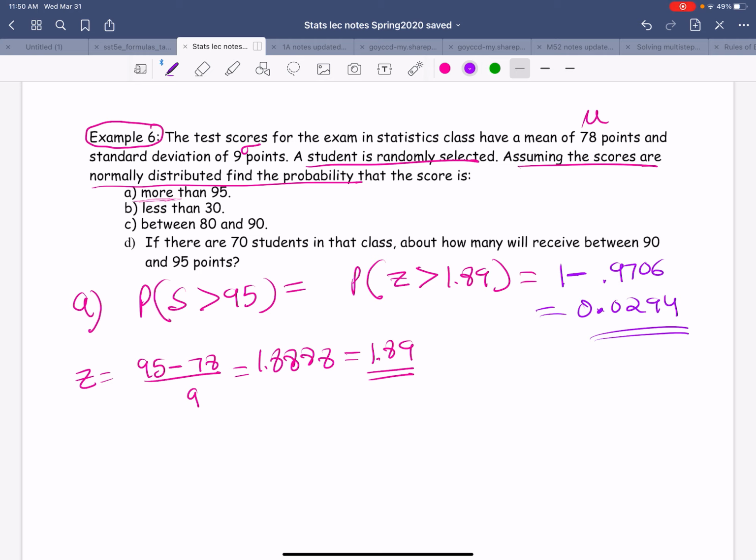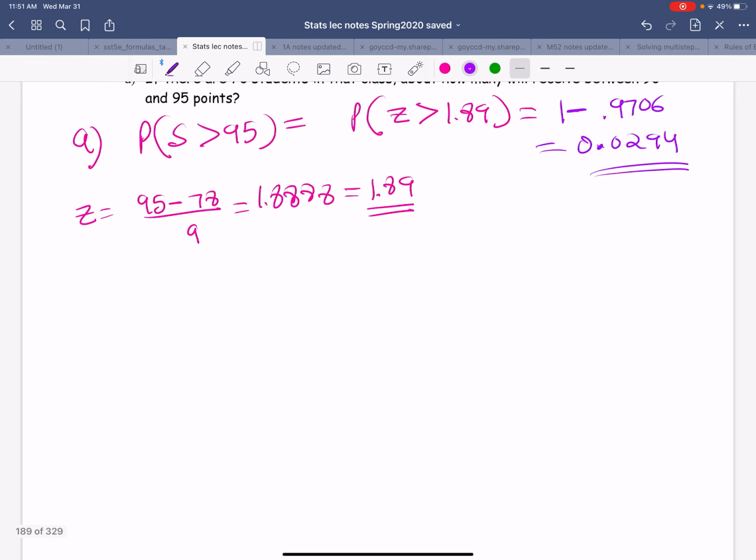Always interpret your solution, write it in a complete sentence after you're done. I'm not doing that to save time, but write the complete sentence. The probability of randomly selecting a student who scored more than 95 is approximately 2.9%. Part B,